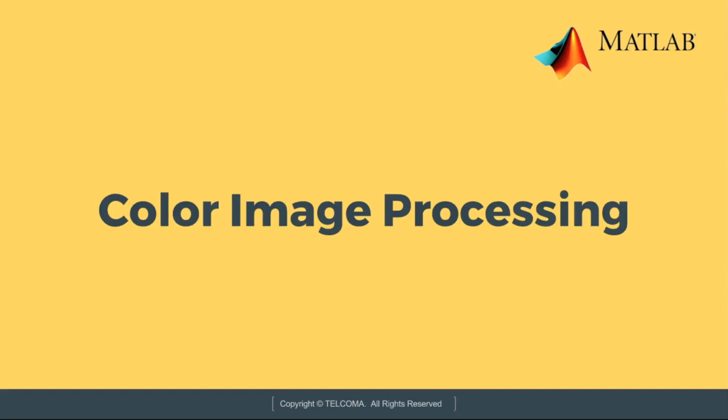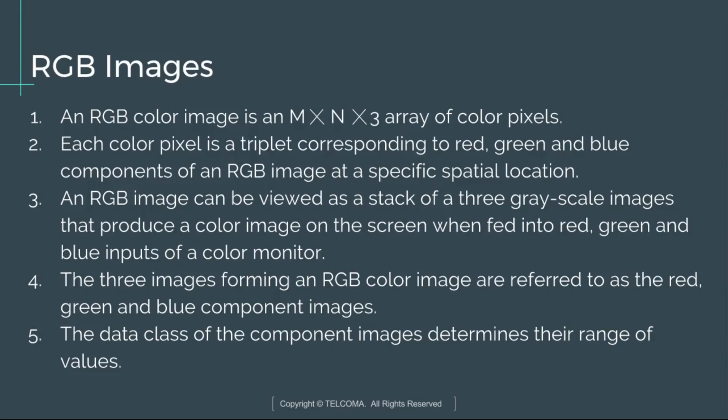Our next chapter is color image processing. Now we are going to start with RGB images. An RGB color image is an M cross N cross 3 array of color pixels. Each color pixel is a triplet corresponding to red, green and blue components of an RGB image at a specific